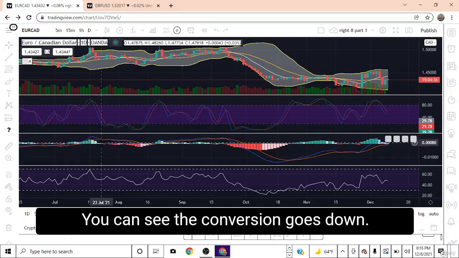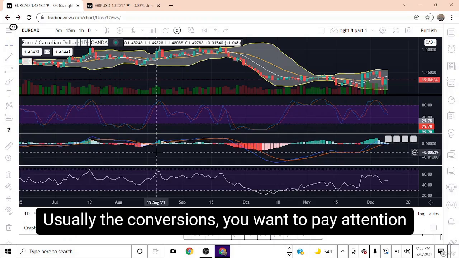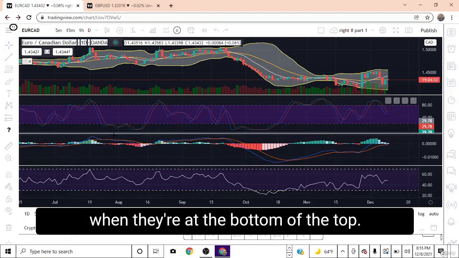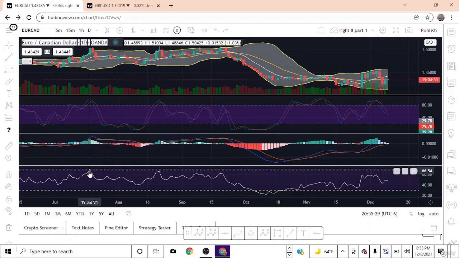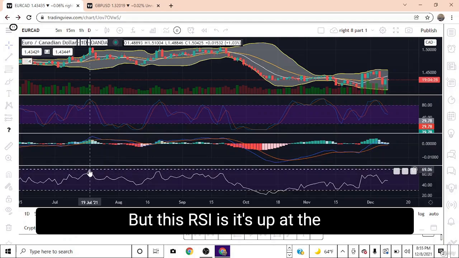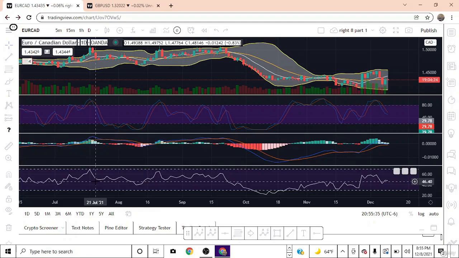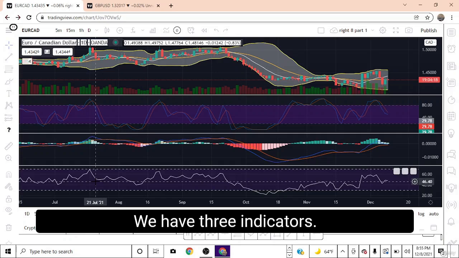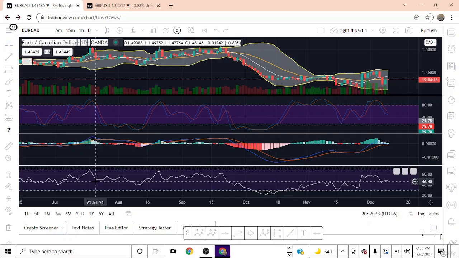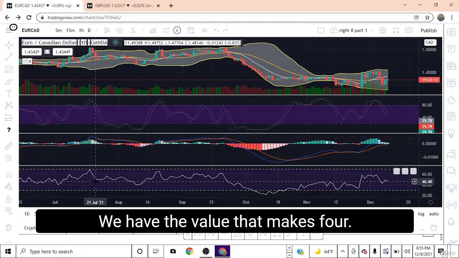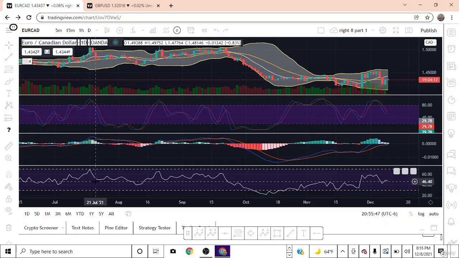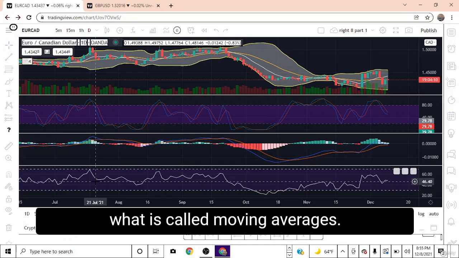You can see the conversion goes down. Usually with the conversions, you want to pay attention when they're at the bottom and the top. So that's not actually lining up. But this RSI is. It's up at the 80 and it's starting to shoot down. So we have three indicators. We have the volume, that makes four. We have the trend lines. Now we're going to go into what is called